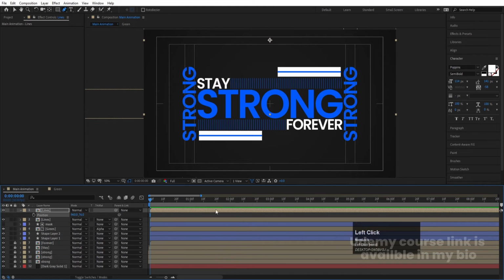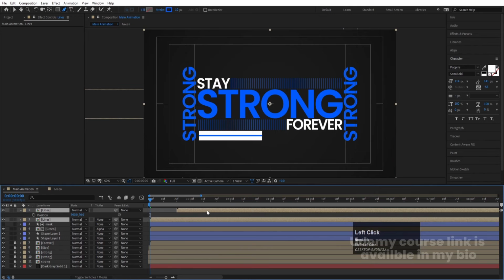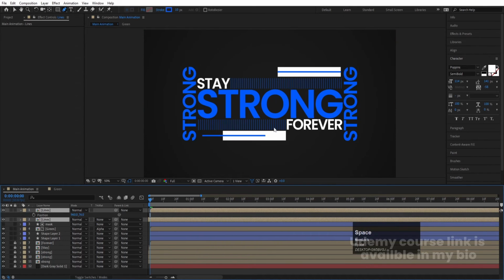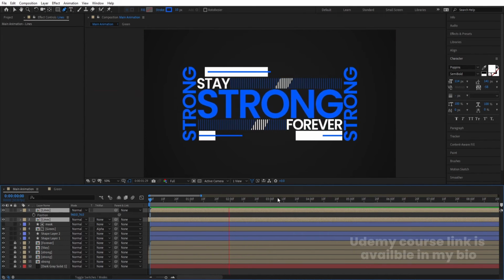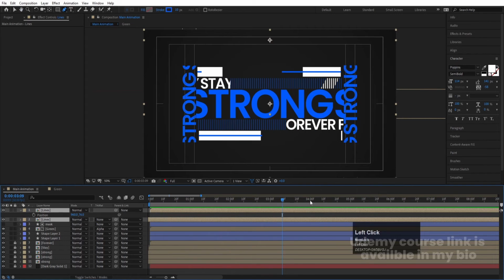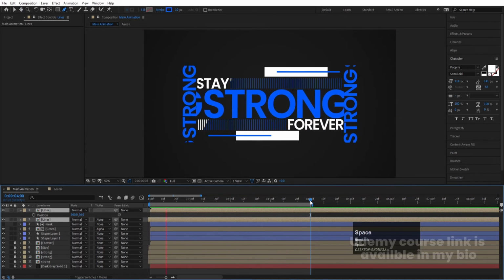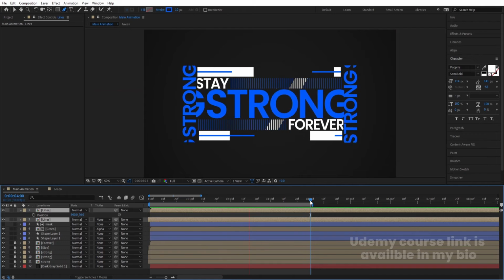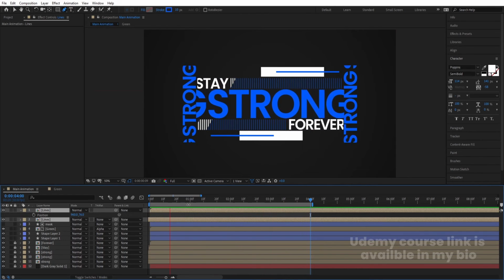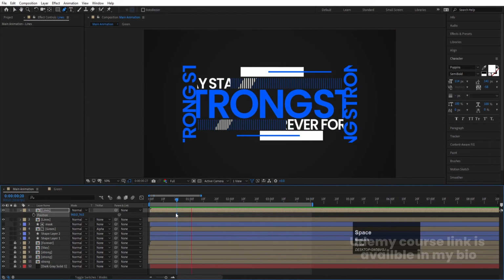Then you can select this and you can move this up to 20 frames. Select both of these layers and let's bring them to the start. So we will get a little bit of alternation in the animation, but at 4 seconds, if you hit N over here, you can see at 4 seconds I'm going to get this entire animation in the form of a loop, like that. Because most of the